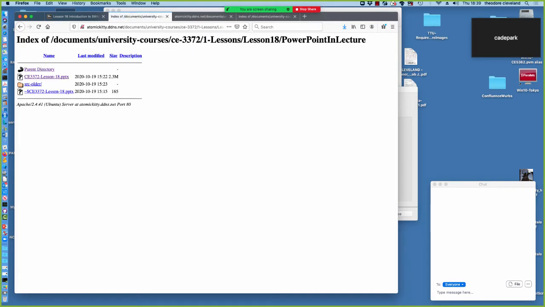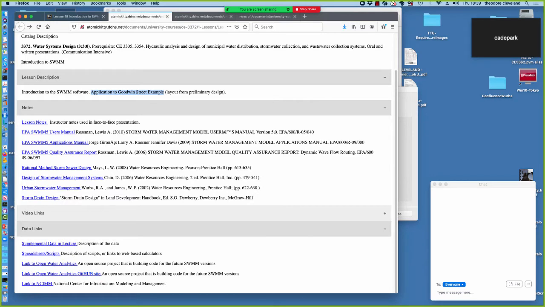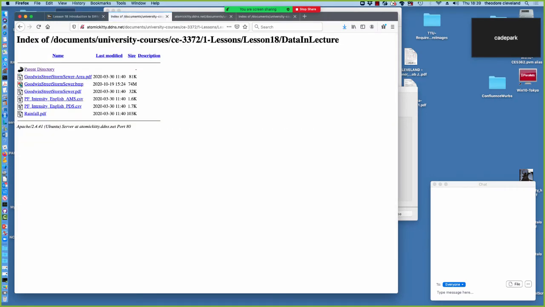So on to the lesson notes. Actually, back for a second. In the data links section, there's supplemental data, and it contains a Goodwin Street Storm Sewer BMP, which is what we use as the base map,